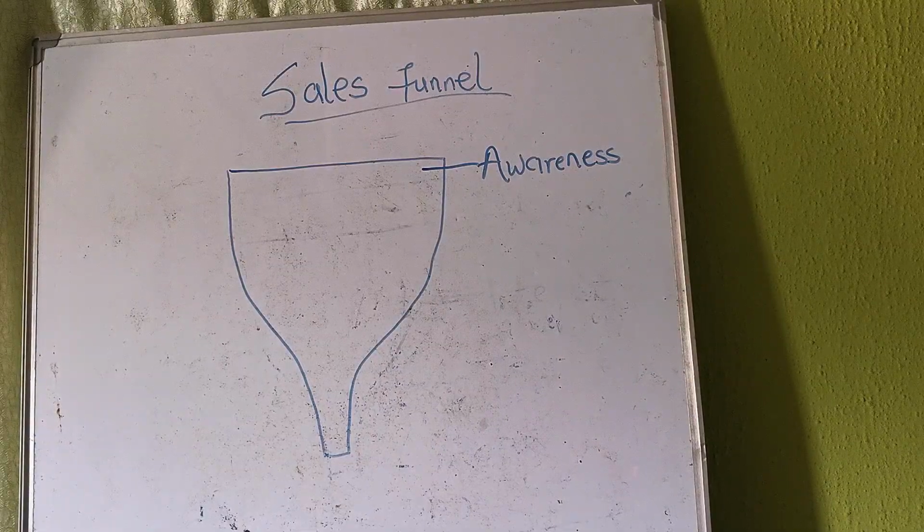So one common mistake that people make at this stage is trying to sell too early. You want to sell too early at an awareness stage where people have not even discovered you, people have not known you. That's why a lot of ads, a lot of campaigns fail. You see somebody that just started for the first time, you're running a campaign when people have not known you yet. So you're supposed to start with an awareness campaign.